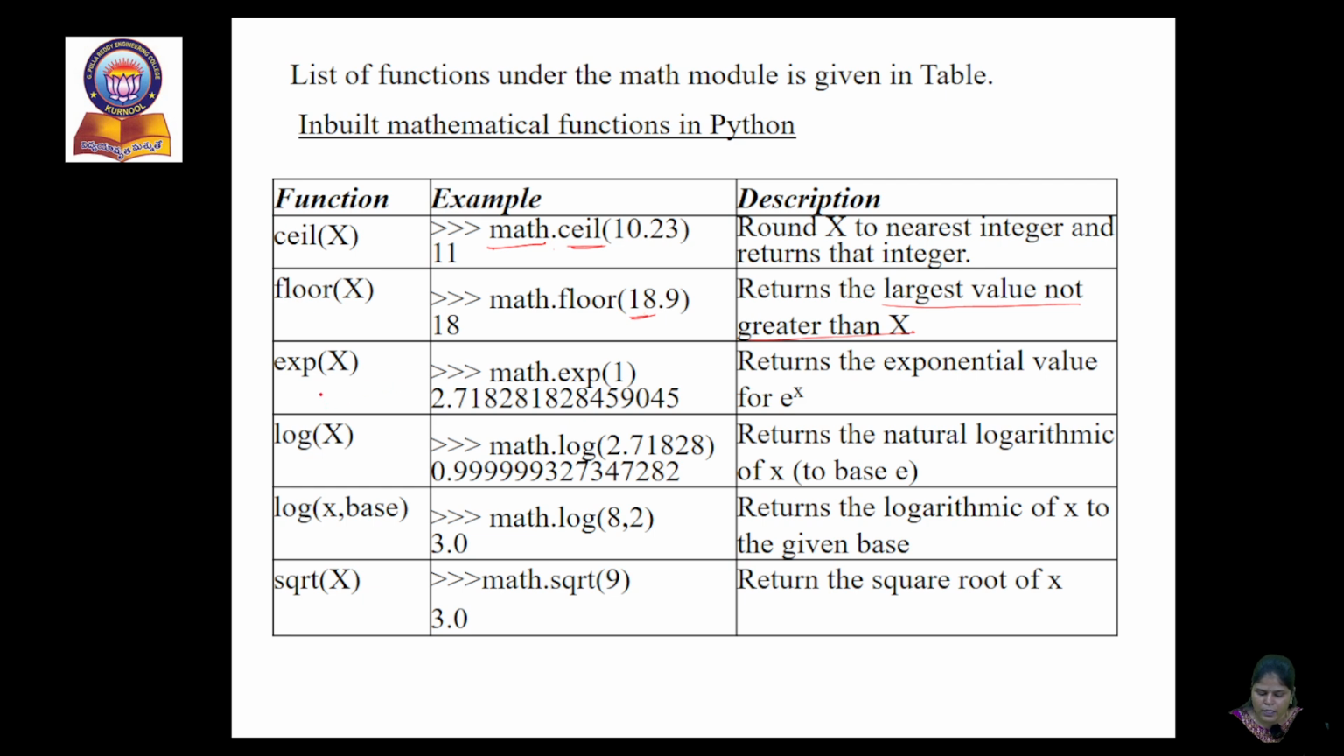So exp, which is an exponential notation, e power of x value will be calculated. Log x, which is a natural logarithm, and that is a base e, and log x base, which is a normal logarithm which has x and a base value. And SQRT, which is used to perform the calculation of square root of a value. So math.sqrt of 9 will print the output as